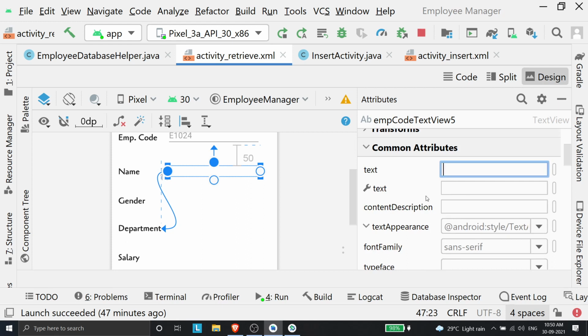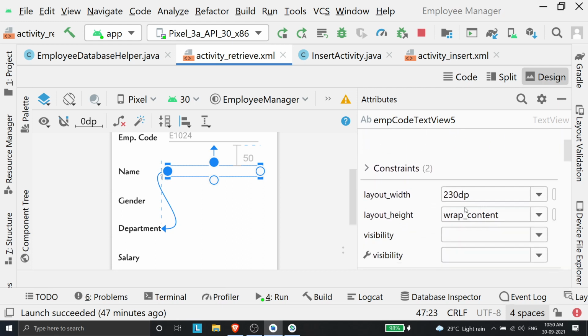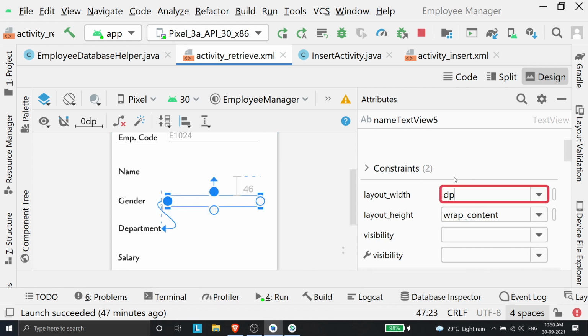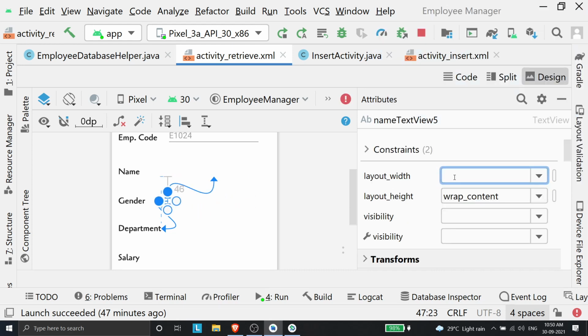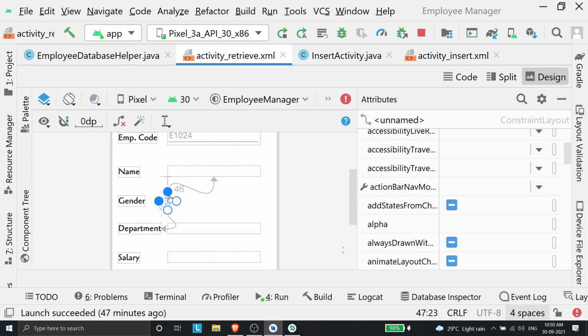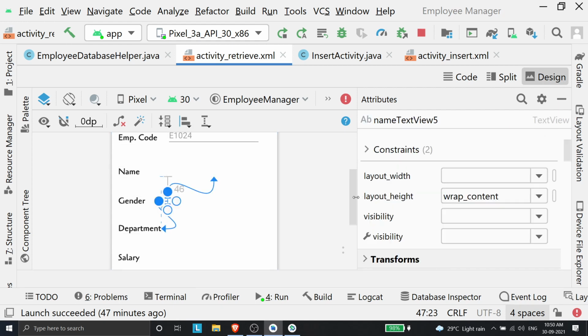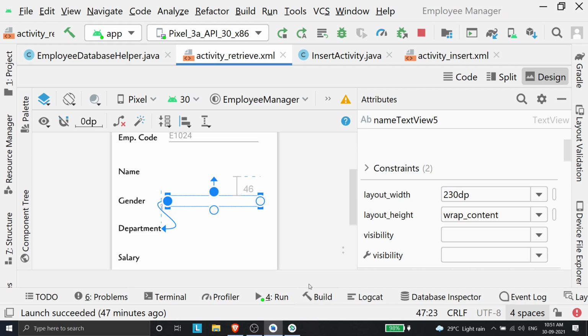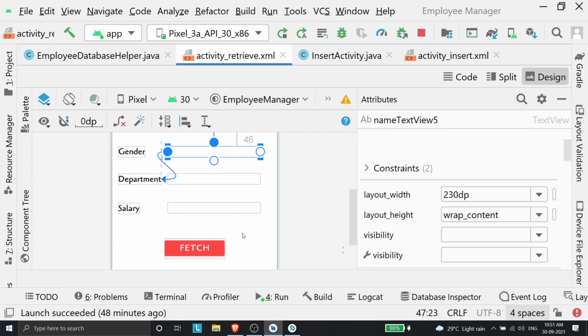As you can see, the text value is empty, and I have just specified the width as 230 to be uniform. Like you can specify any width, or if you do not specify, it will be empty. Like if I just leave it alone, it will just be shrunk and you will not be able to see. Like you will forget whether if you included the text view or not. It will be difficult to identify from your UI side. So it's better to give some default width so that you can see an empty box at least. And all these widths will be uniform. So I have given 230 as my width.